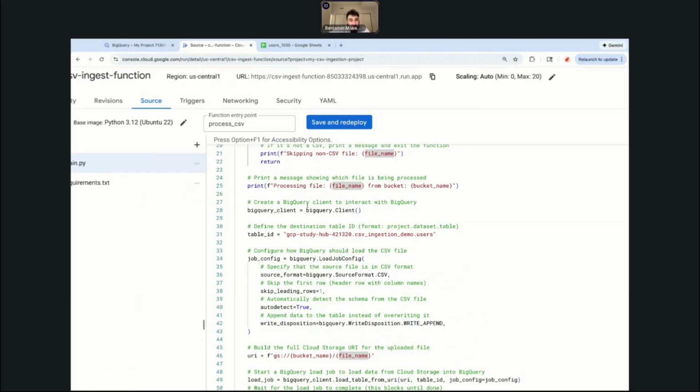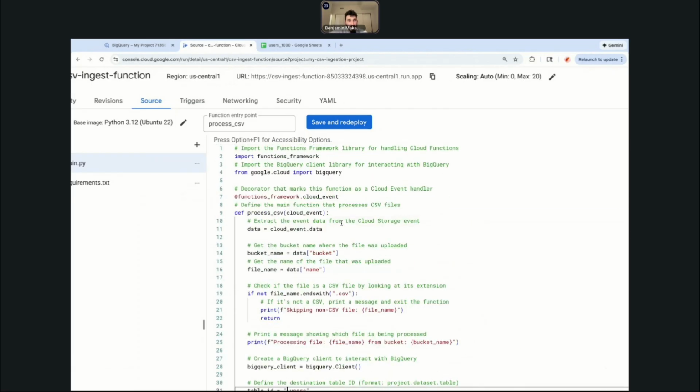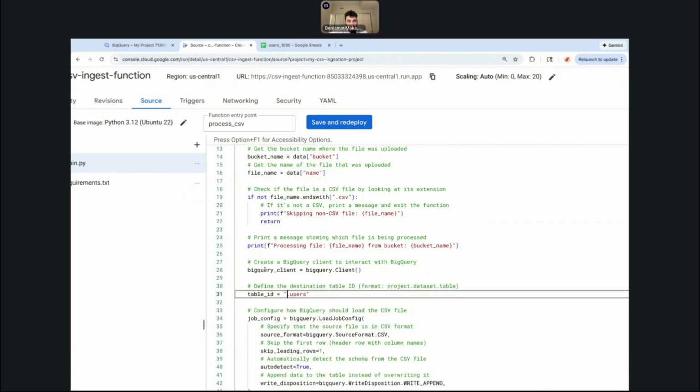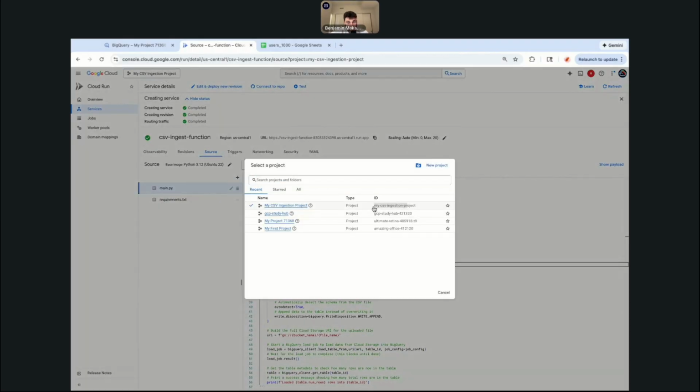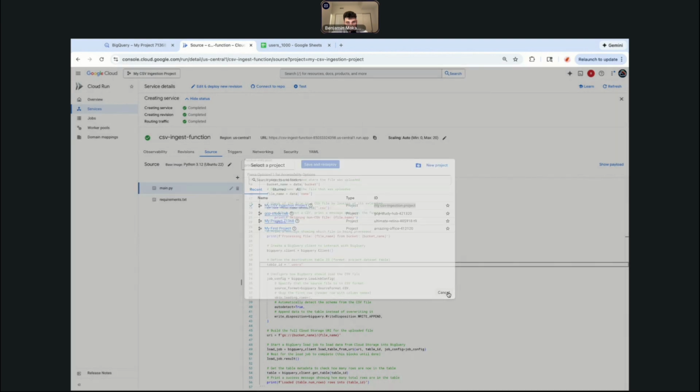And then we're going to create a BigQuery client so that we can interact with BigQuery. This is the old project that I used. And what we're going to do here, so we've initialized the client. And what I need to do here is I need to get the project ID, which we created at the beginning of this demo,